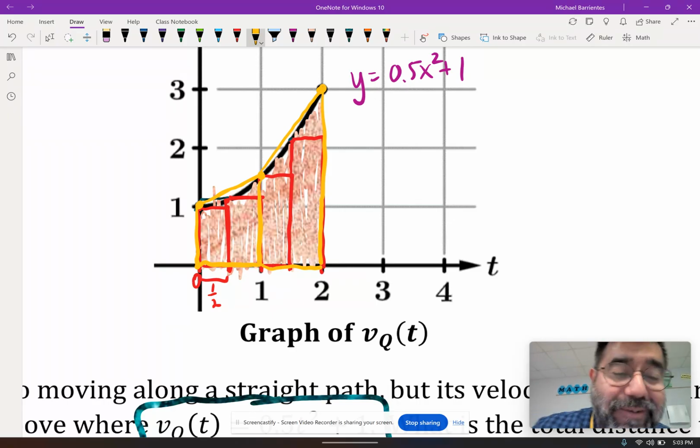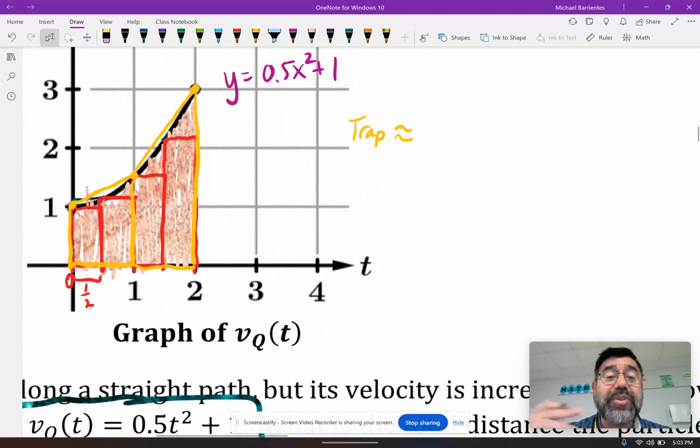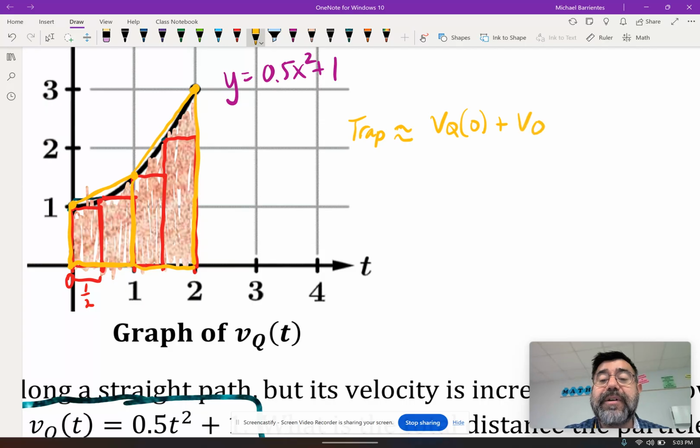How do we do that? Well, remember we said the formula for the trapezoid is base 1 plus base 2, average it, divided by 2, and then multiply it times the height. So if we're going to do the trapezoid approximation, find base 1, well that's the y value, or in this case the function value at 0, plus the function value at 0.5 divided by 2 and multiplied by the height. The height is this one on the bottom, which is 1/2,